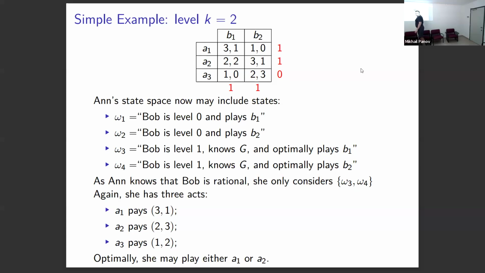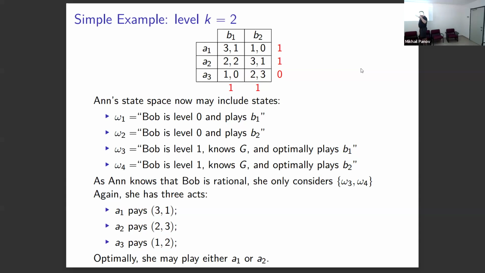So now let's think about Anne with level 2. So she says, okay, so now there potentially could be 4 different states. Bob is level 0 and he plays B1, Bob is level 0 and he plays B2, level 1 he plays B1, level 1 he plays B2. So she starts with all these considerations. And now she says, look, I know that he's rational. That means I dismiss the first two. Okay, so she throws them away, and what's left is just